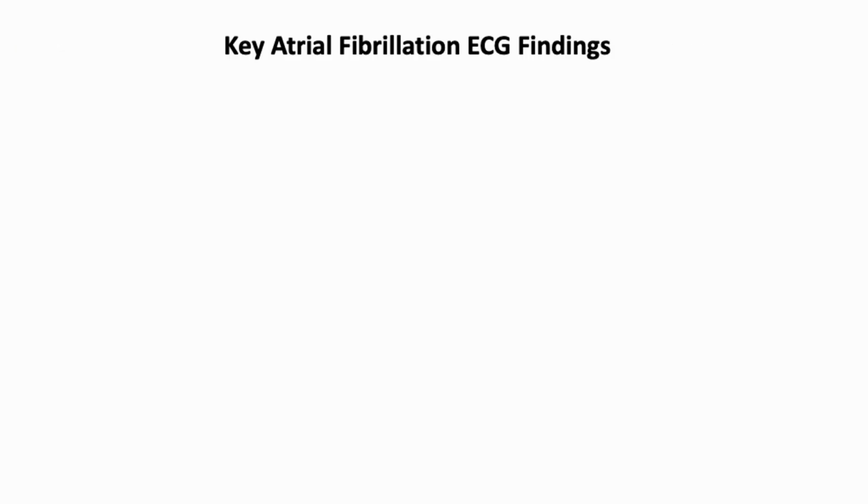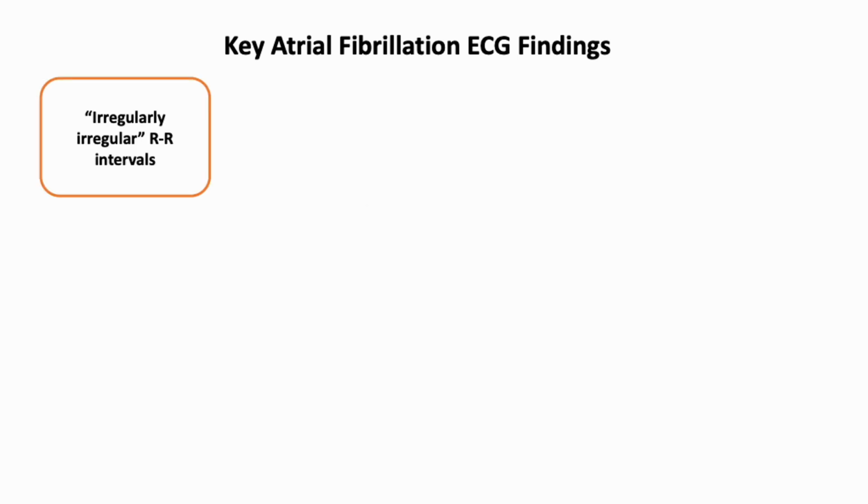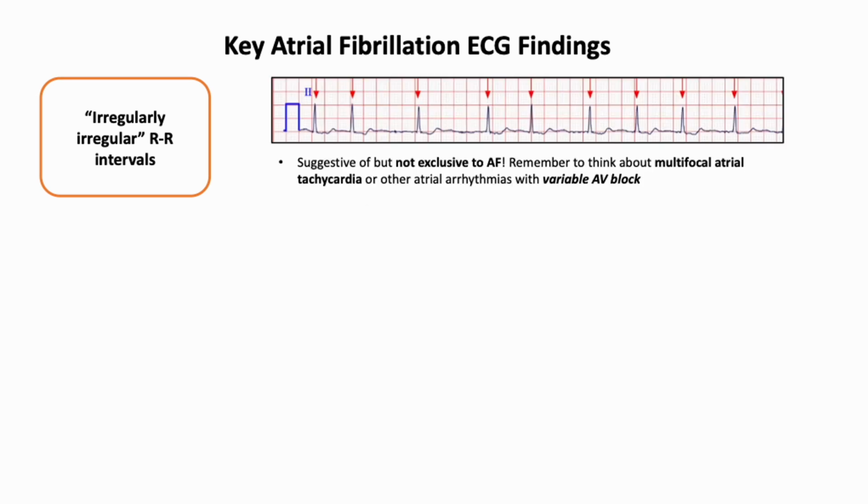Now let's take a moment to review our key findings of atrial fibrillation. First, we're going to look for those irregularly irregular RR intervals, that is, repeating without a discrete or identifiable pattern. But what about other rhythms which may lead to irregularly irregular RR intervals, like multifocal atrial tachycardia, wandering atrial pacemaker, or A-flutter with variable AV block? Well, for that, we should be looking for the presence of organized atrial activity or P waves,